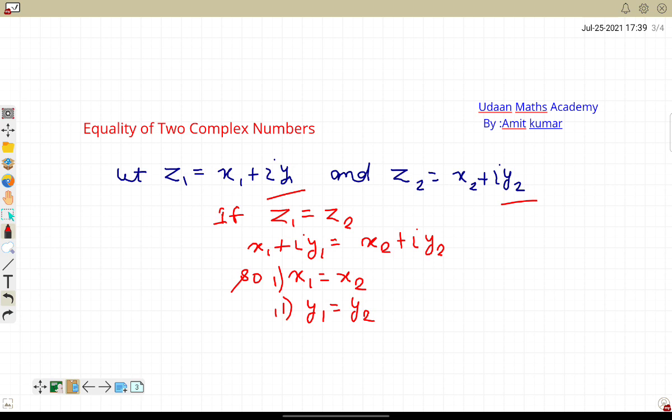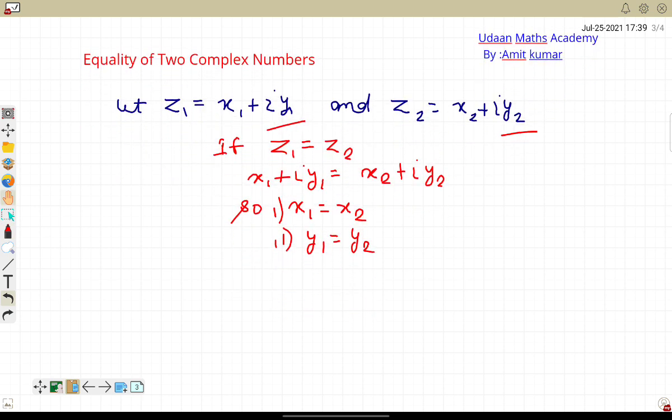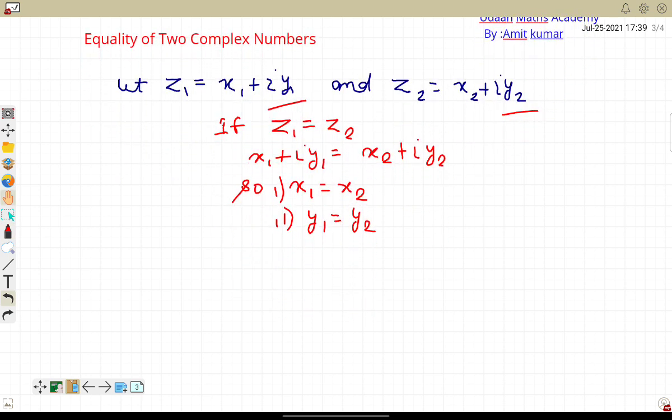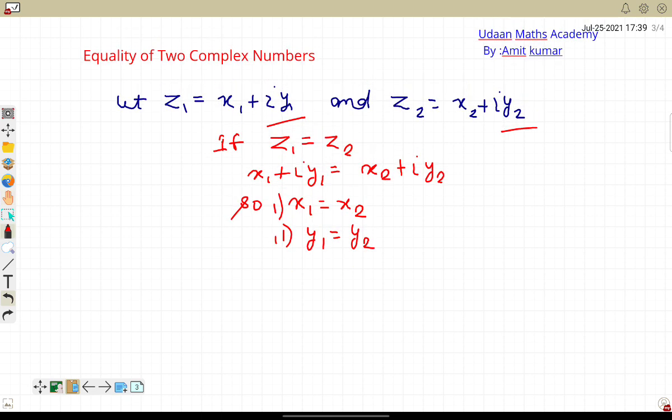So how we can solve some question? We can apply the concept of equality of two complex number in any question and we can find the value. So just consider question is given